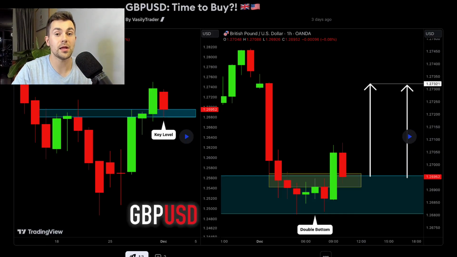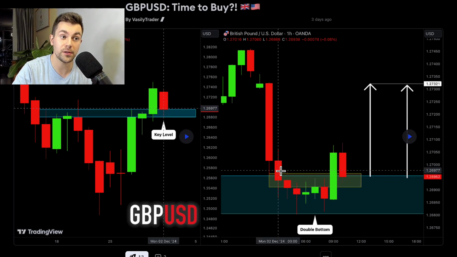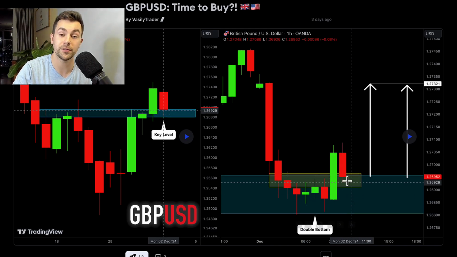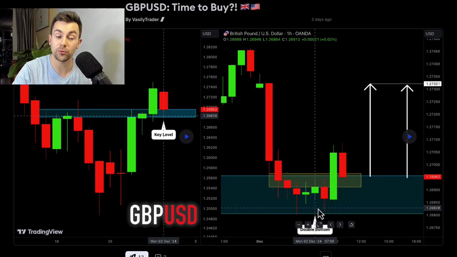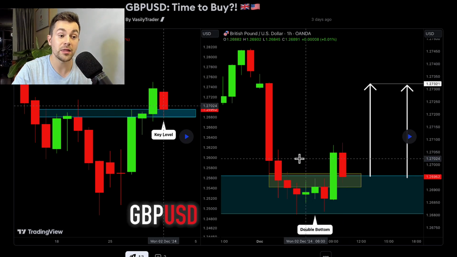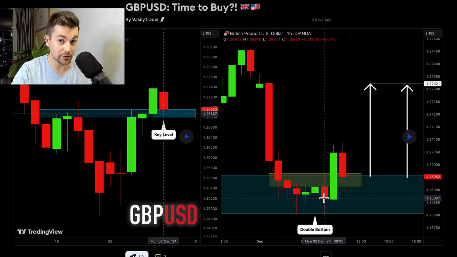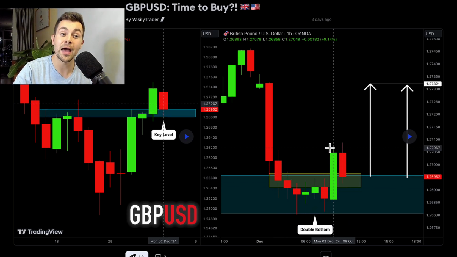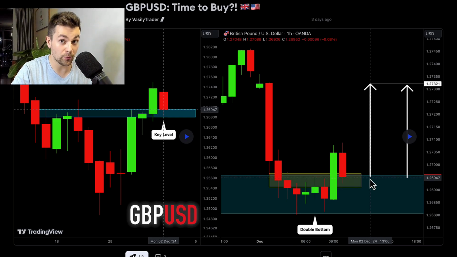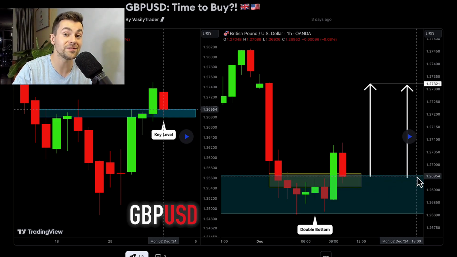Double top and double bottom get 66% winning rate. Trading double tops and double bottoms, I was always waiting for a breakout of the neckline of the pattern as the confirmation. For example, here on pound dollar pair, after a test of a key daily support, the price formed a double bottom. The formation of the pattern itself is not the signal, but the breakout of its neckline gives us